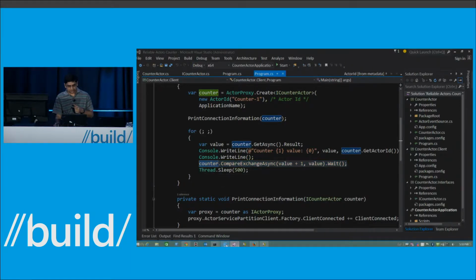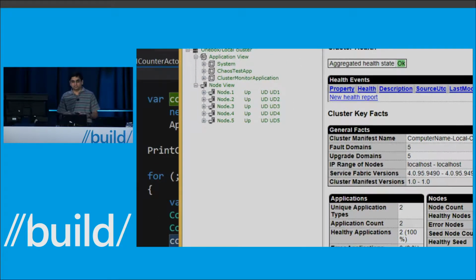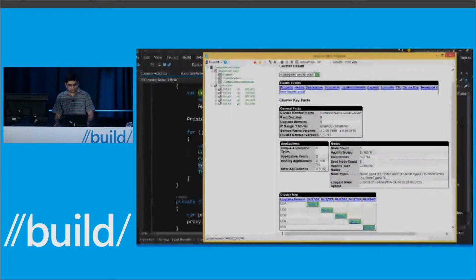Now let's see what is deployed in the cluster. So this is my local cluster. It's running on this laptop. It's running 5 nodes on this laptop. And it's running exactly the same code as it would run in the data center. There is no difference. This is one of the big differences with respect to the previous cloud services iteration, where there was an emulator. Here, there is no emulator. It is exactly the same code. So if your code runs on your machine, you know that it will actually run in the production environment as well, right? So I have a 5-node cluster.